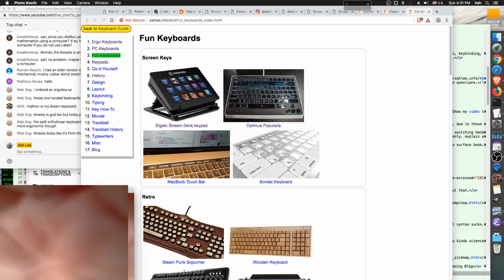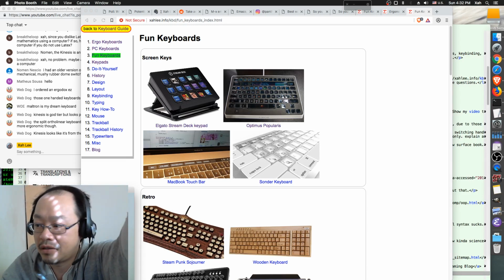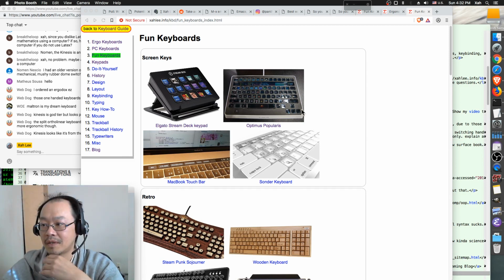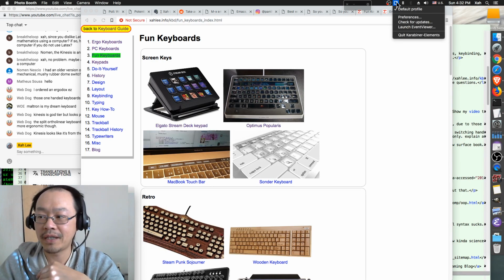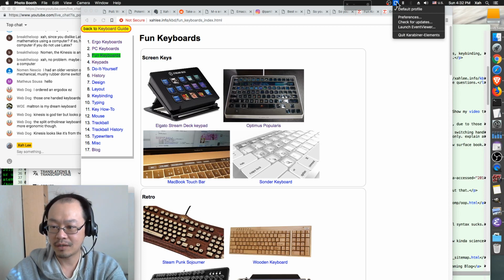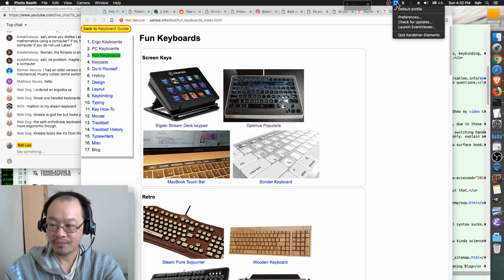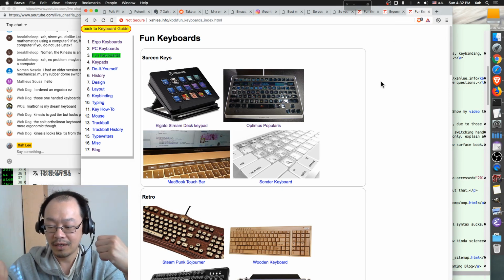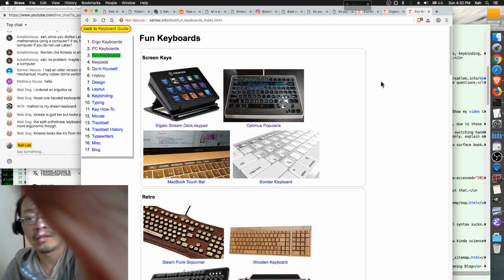However, I'm using a Mac OS software called, let's go to here, yeah, Karabiner. So I'm using Karabiner to program the number pad keys so that for example I have copy, cut, paste.